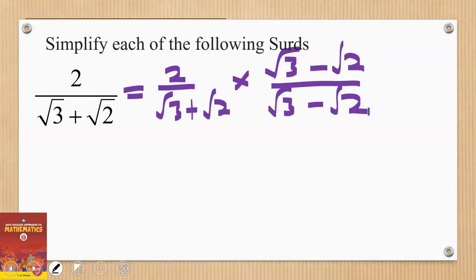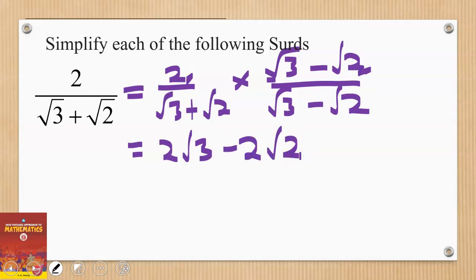So that is the conjugate aspect that we did earlier in our previous video. Now we can simplify this by multiplying the numerators and denominators. So in the numerator, the 2 multiplying the root 3 here gives you 2 root 3, and the 2 multiplying this also will give us negative 2 root 2, all divided by